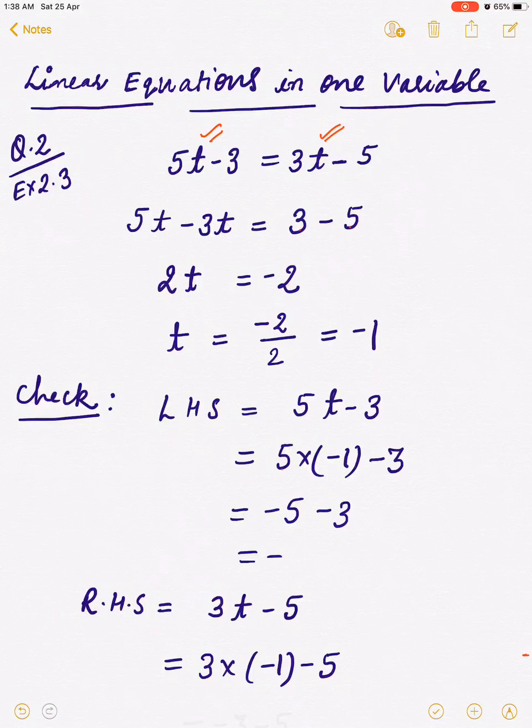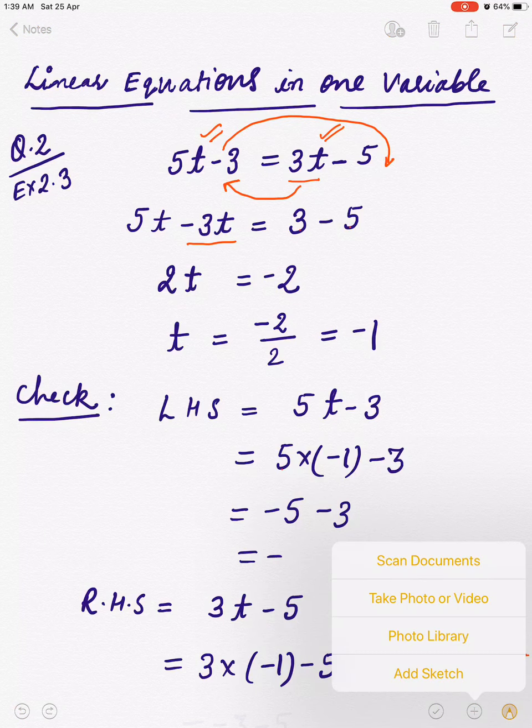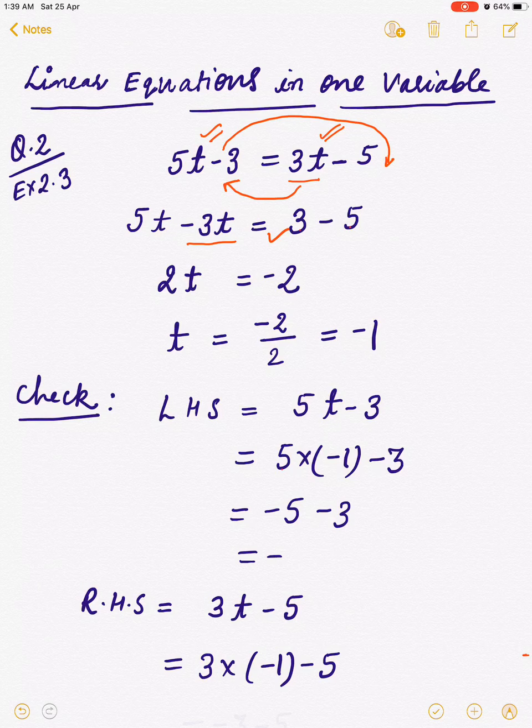So, to solve such equations, what we do, we collect all the terms which are having variable on one side. हम सारे terms जिनमें variable आ रहा होता है वो सारे terms एक ही side पर collect करते हैं. So, 3t is written here. I will transpose this 3t on left side. So, when 3t will be transposed on left side, its symbol will be negative. Similarly, I am transposing this 3 on right side. So, its symbol will be positive when it will come on right side.